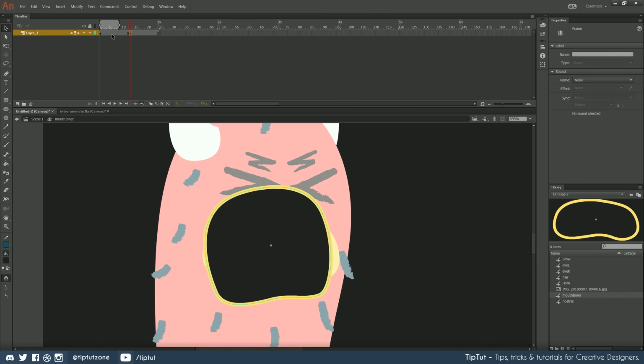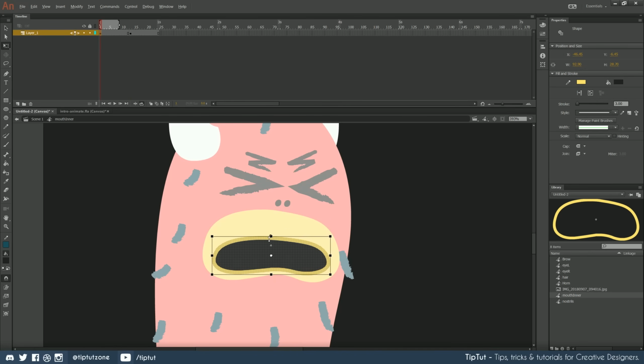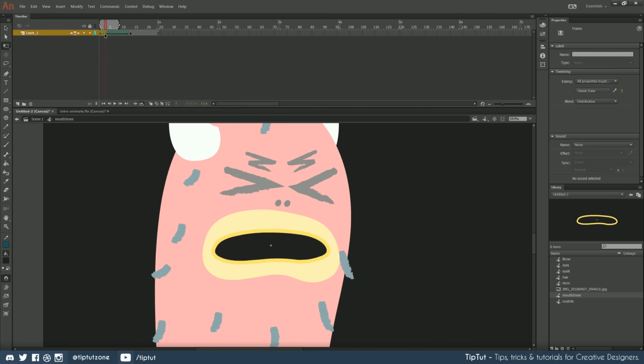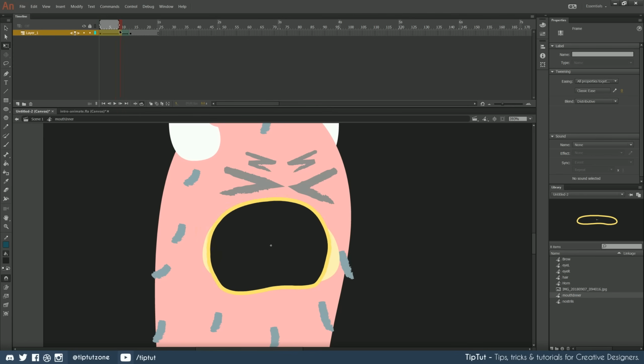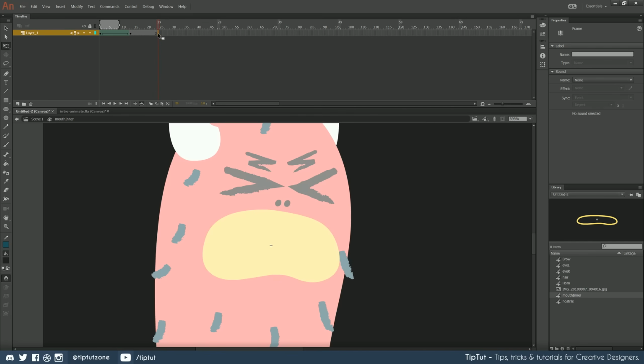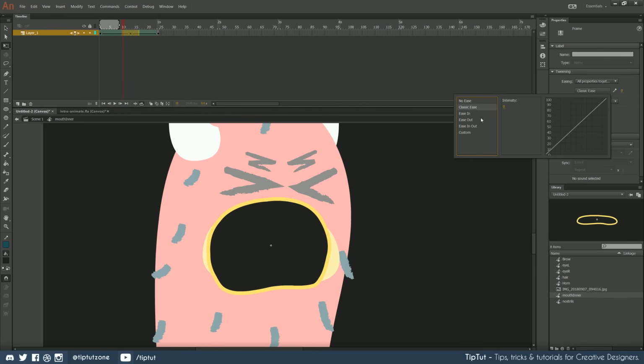That's fine. We like that. That's less fine. But we're going to be adding teeth in anyway. So if we did this and gave him big chompy teeth, that'd probably work. Yeah, there we go. That looks fine. Let's do that and we'll give him big chompy teeth as well. So let's copy this. And let's add a new blank keyframe with F7 and then Control-Shift-V to paste it in place. And then a shape tween and then our usual easing.